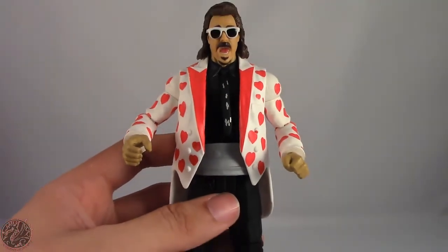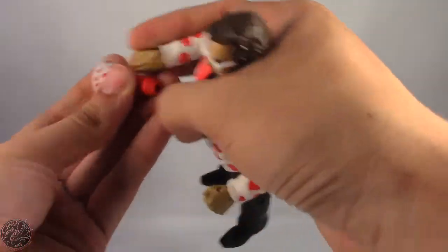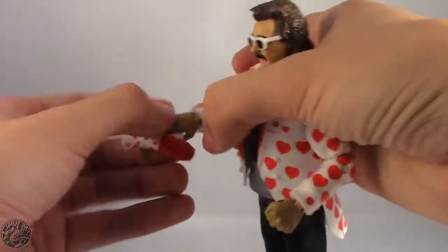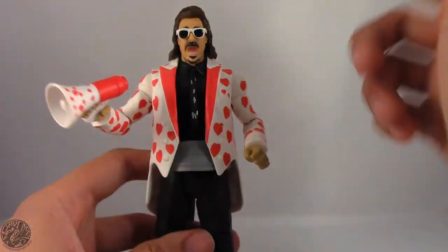Like I said, just really nice details. Yes, he does hold the megaphone in his hand, so that's pretty good. What good would Jimmy Hart be if he had two fists and couldn't hold a megaphone? I do feel like this Jimmy Hart is a little bit...